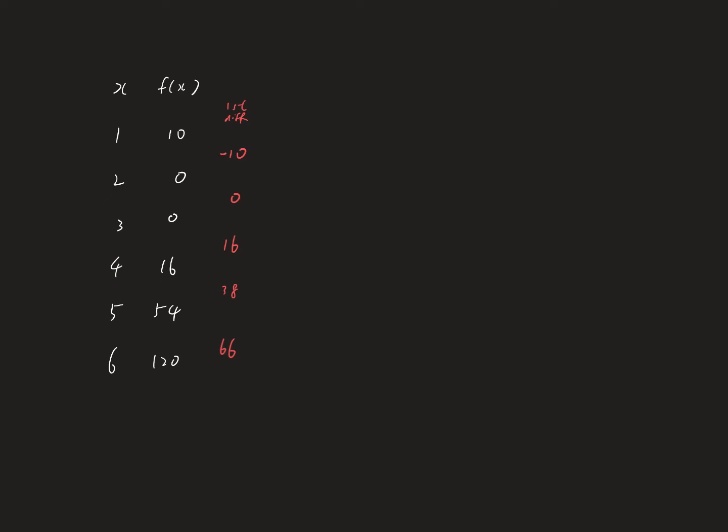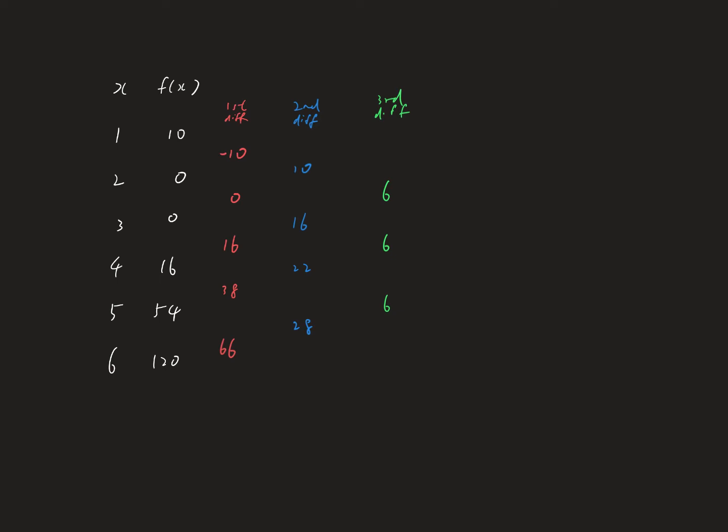And then when it comes to the second difference, we are doing something like this. 0 minus negative 10, we get positive 10. 16 minus 0, we get 16. 36 minus 16, we get 22. And then finally, we get 28 here. And then the third difference, you can see that actually they are the same, right? Which means that